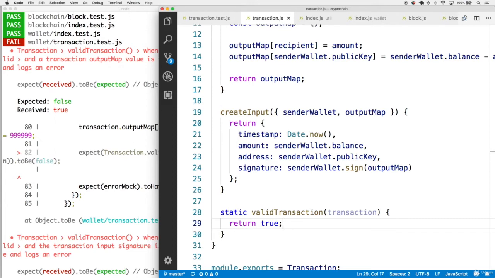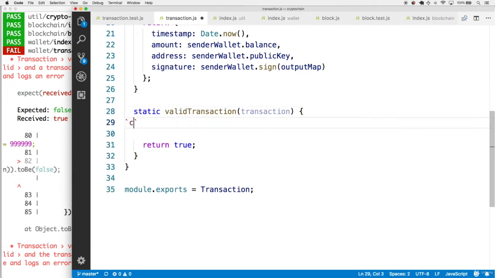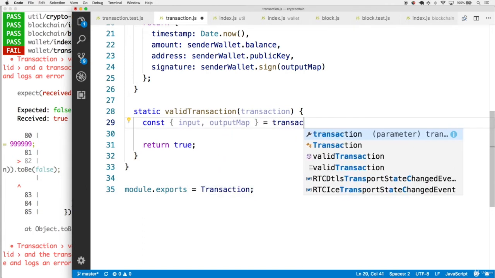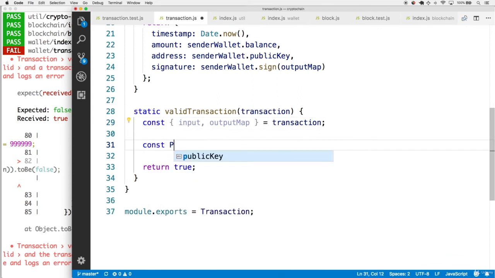In addition, after that, we're also going to check that the input signature is valid. To do this, we're going to need to destructure the input and the output map from the transaction. So let's grab the input and the output map from the transaction. However, we also need all the fields from the input. So let's destructure the address, the amount, and the signature